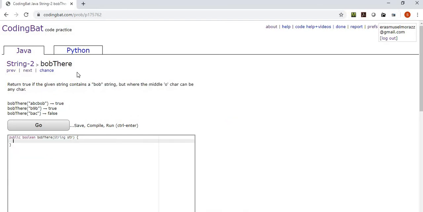And on to the next one. Bob there. Return true if the given string contains a Bob, B-O-B string, but where the middle O character can be any character. So we're not really looking for the substring Bob, because O can be anything. We're just checking for the B, and then followed 2 indexes to the right by another B. I don't think we're going to need a holder for that or anything. We just return true if and when we find it. So for